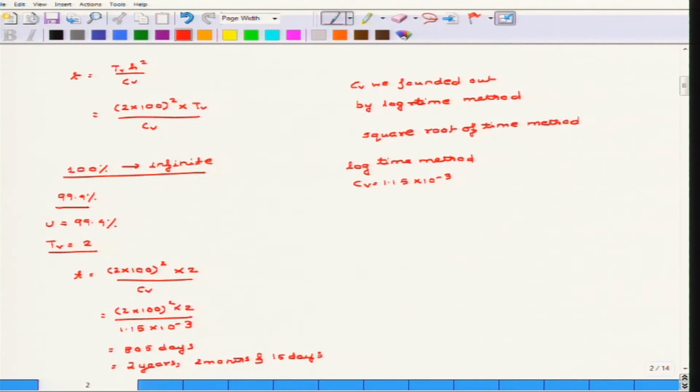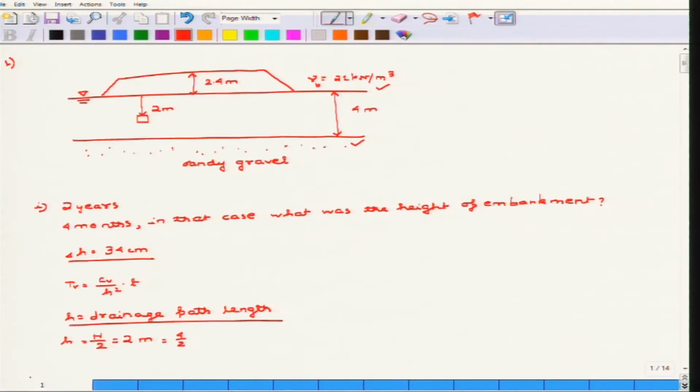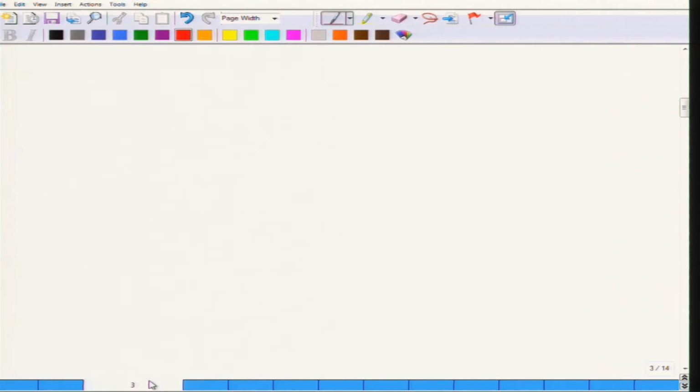Now, practically you can see that this is a very long time that is required for the settlement of 34 centimeter to reach. So in that case you can reduce the height of the embankment in order to achieve the settlement in 4 months, or let us say 120 days,